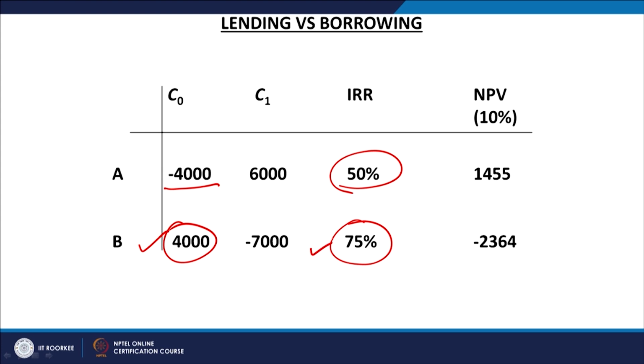But you see, the meaning of it is clear from these two values. Here you are investing and the internal rate of return from that investment is 50%. Here we are borrowing, and this rate is not the rate of return; rather, this is the rate of payment.